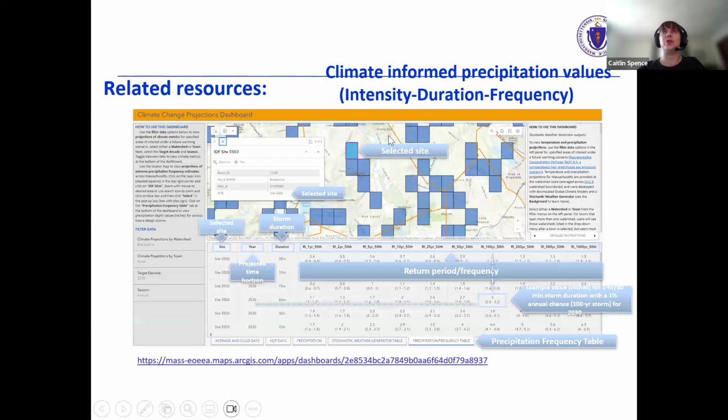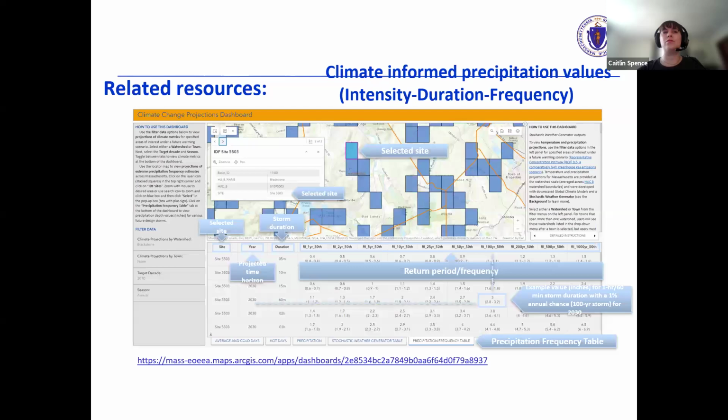In addition to showing how the Climate Resilience Design Standards tool works, we want to show where you can find some of the information that is presented on the tool. So I showed earlier the 2050 100-year storm for a particular project location. You can look at a full range of precipitation durations and return periods for multiple future decades on the climate projections and hazards viewer.